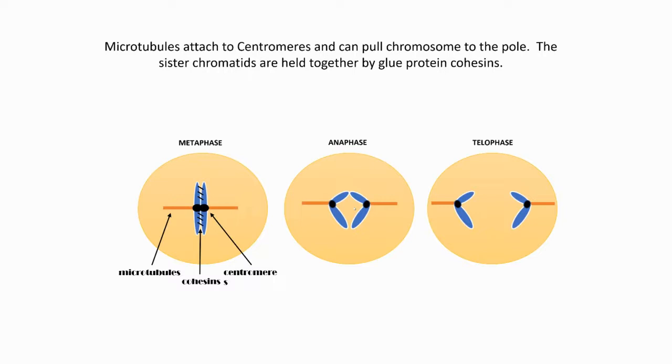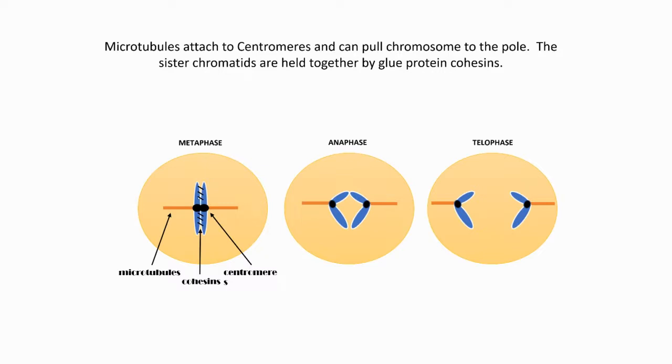So that's the centromere, and basically the place where the chromosome attaches to the microtubule, we call the kinetochore, right? That's how they drag the chromosome to the opposite pole, and finally separate the two cells. So in metaphase, you will see all the chromosomes